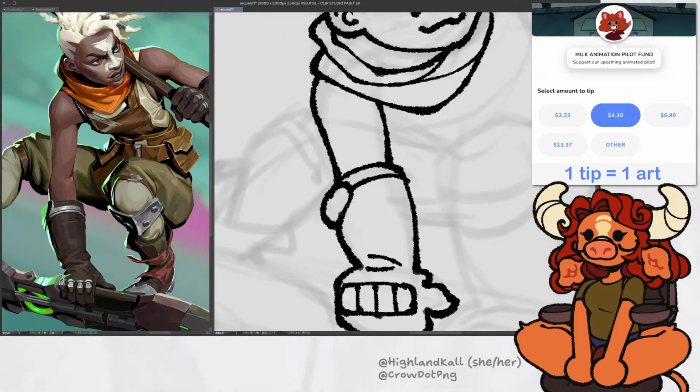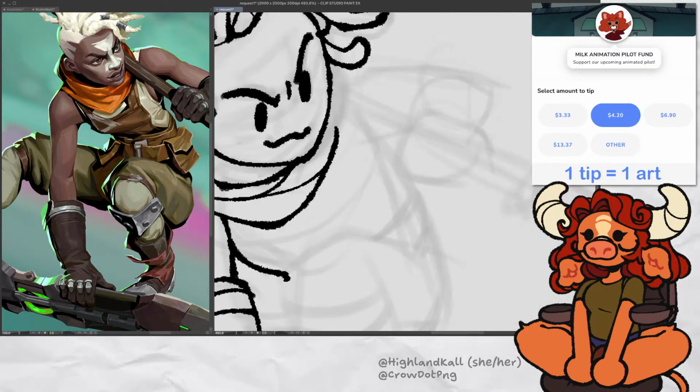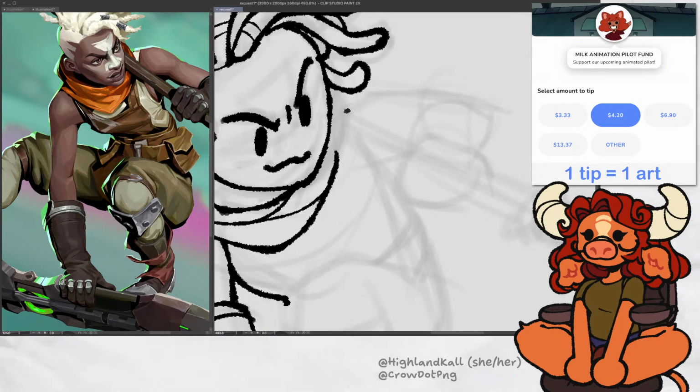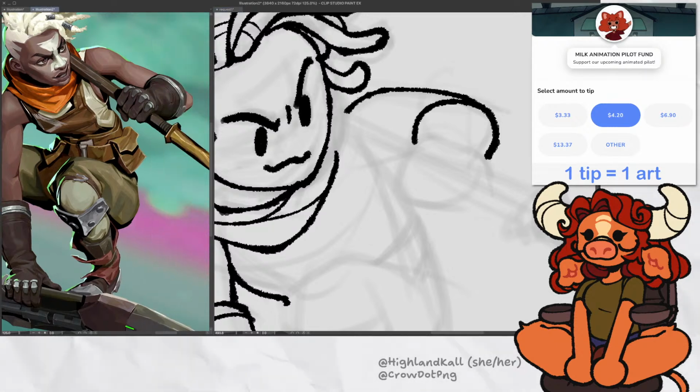Then this. We got another shape like this where it's like boom, boom, boom, boom.